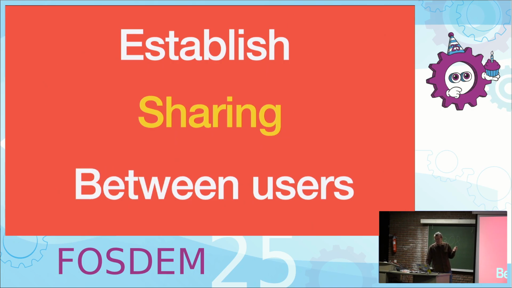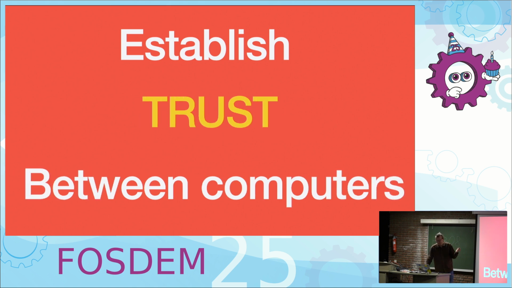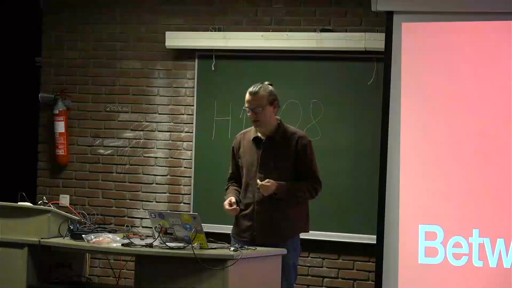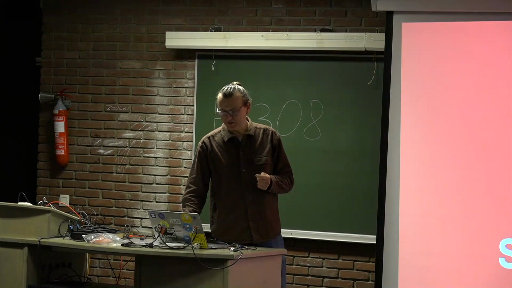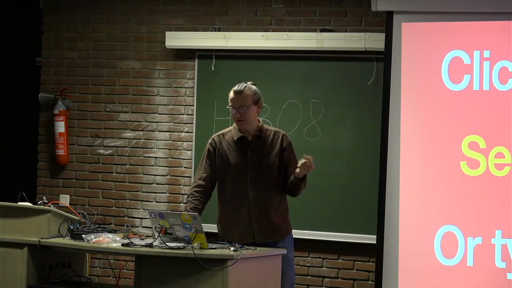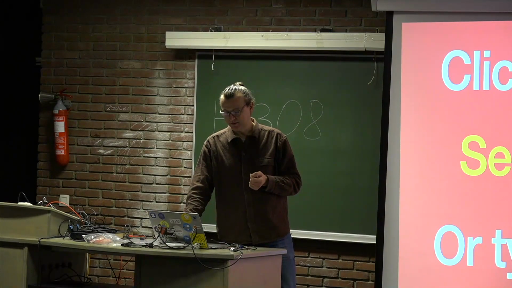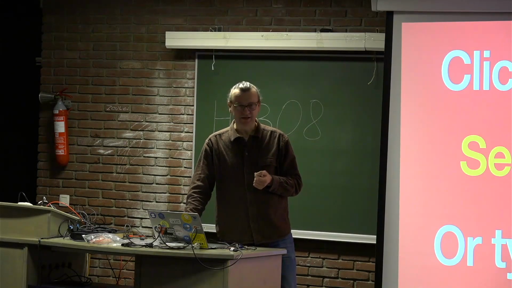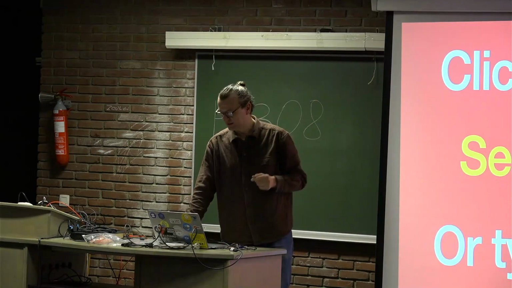The sharing between the users who want to collaborate with each other requires that you establish trust between the computers. And usually we think of ownCloud Mesh as a way to just ping a user, but recently we've been working on it a lot and evolving the protocol, and we see it now more and more as a way to establish the trust. Because it looks so simple. One user clicks share with in their cloud server, and they say, share this with user at host, and then it's federated.